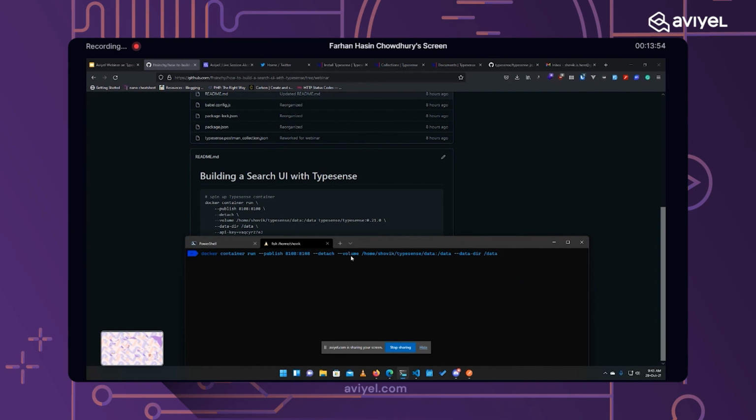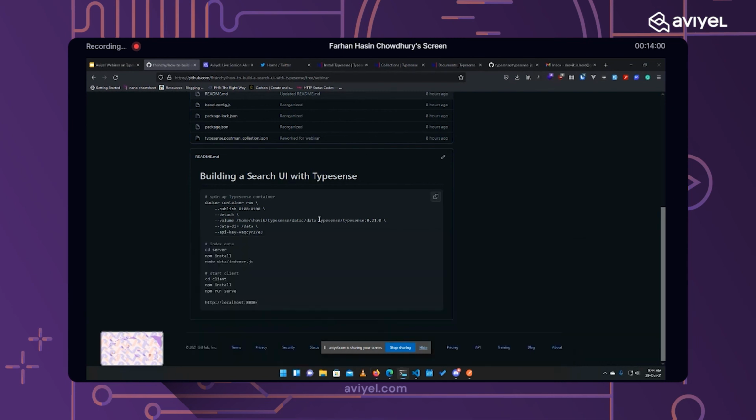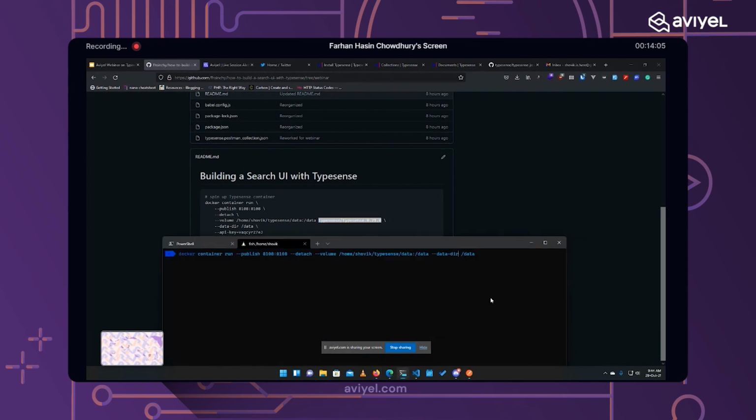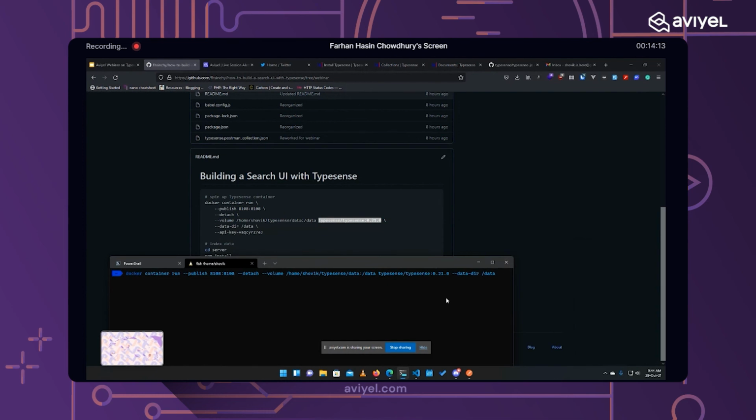I missed something. I missed the image part here. So I have to have the image. This is the name of the image that we pulled a few moments ago.